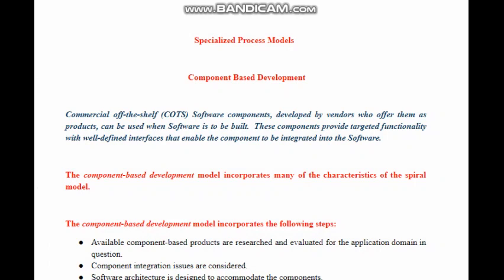Components are nothing but the modules of the software. In component based development, individual modules are well designed, developed and tested so that they can be integrated with other modules.